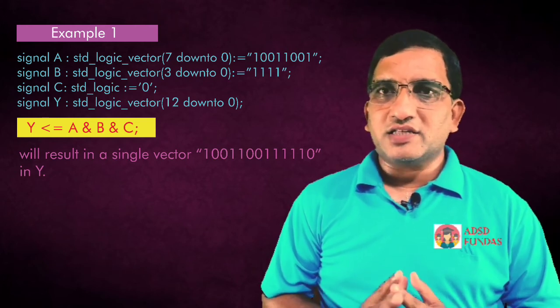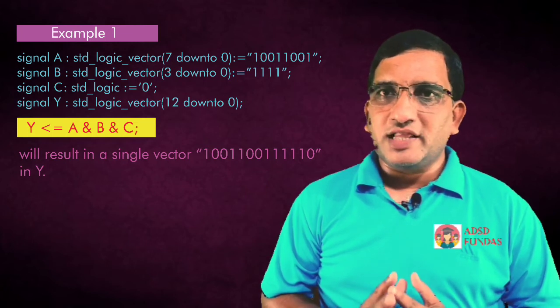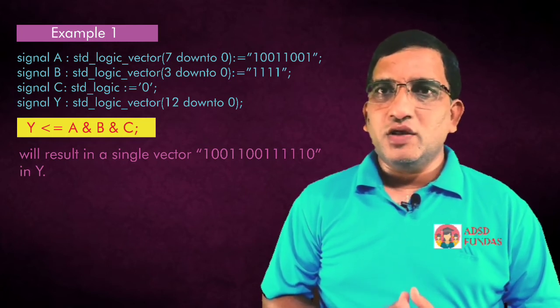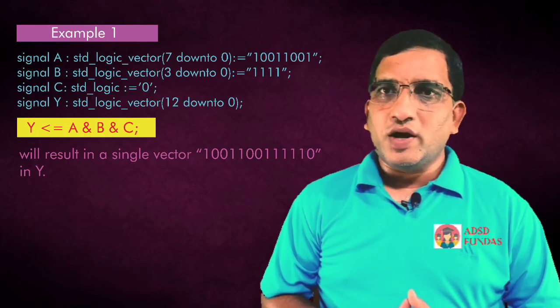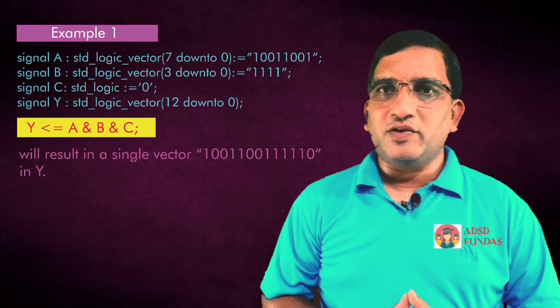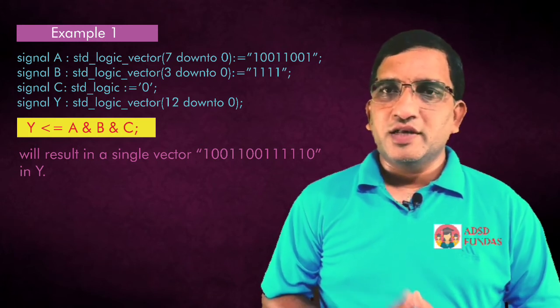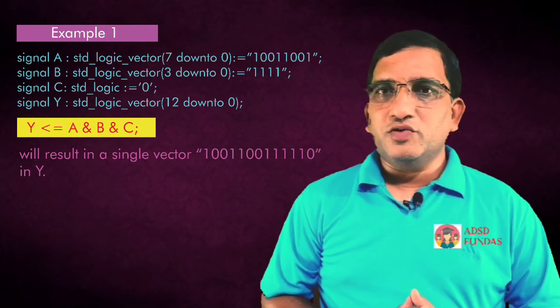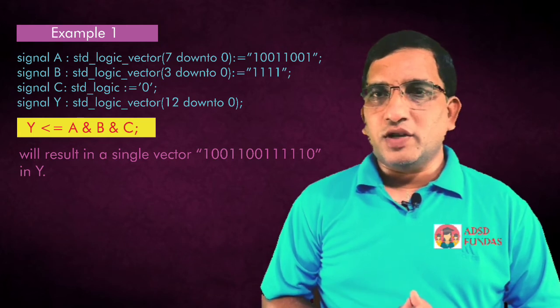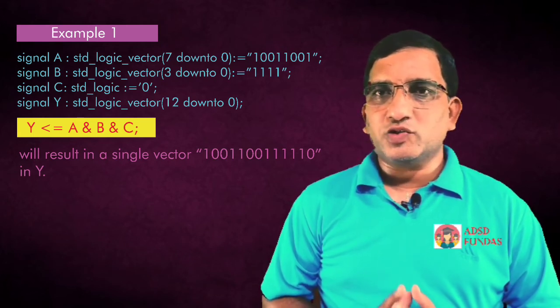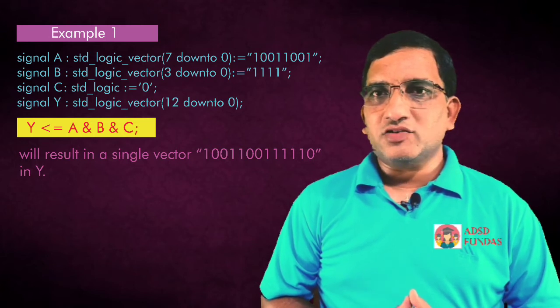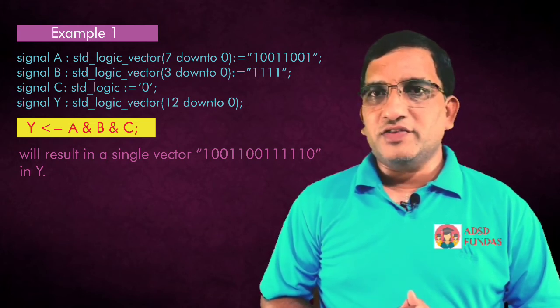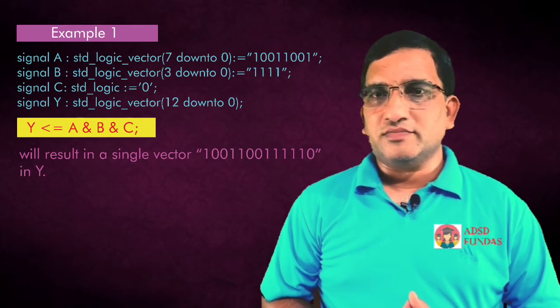I will initialize some value in the signal A. So let us consider that I will initialize the value 1001 1001. So this is the 8-bit value that I am initializing for signal A. Similarly, consider the signal B, which is of 4 bits. So that's why I will use the command signal B, then colon, then data type of signal B is std_logic_vector, and as it is of 4 bits, its size will be 3 down to 0, then colon equal to, I will consider the initial value of this signal B is 1111.